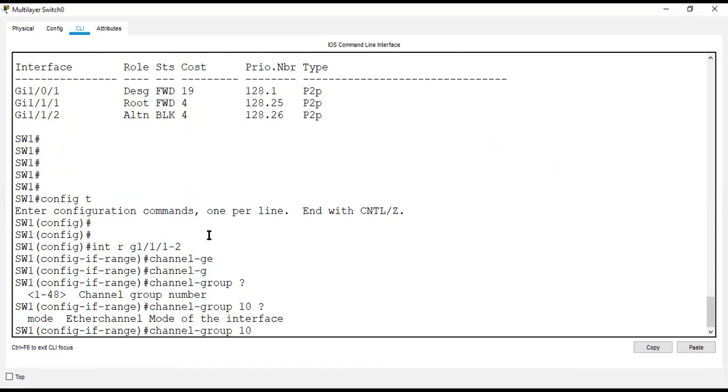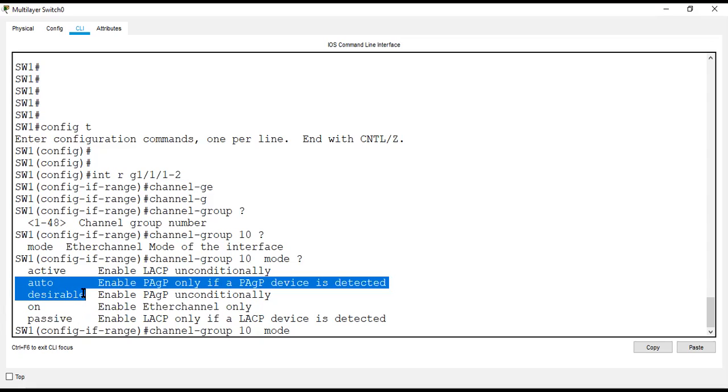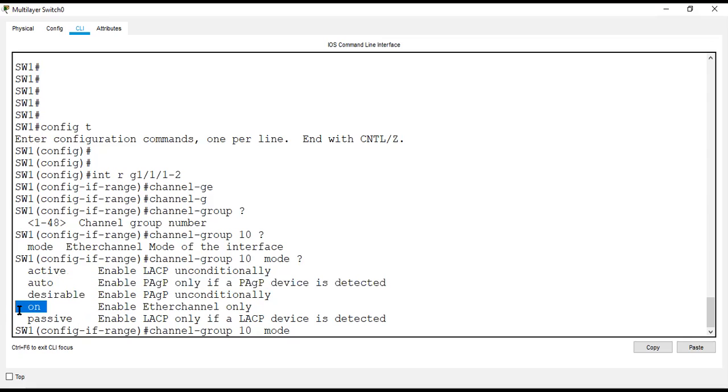Then we give the command mode, and it will show auto, active and passive for LACP, auto and desirable for PAgP, and on, which is the static configuration. Without configuring LACP, we are configuring statically with on.